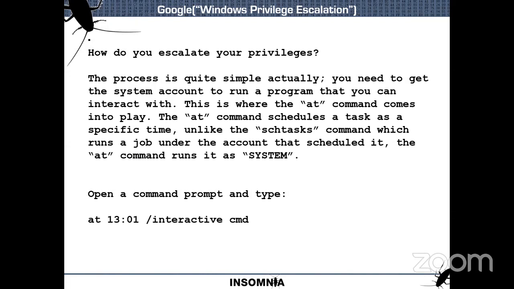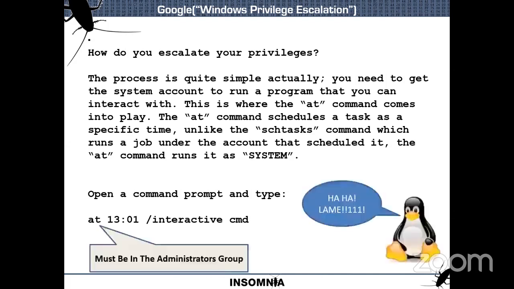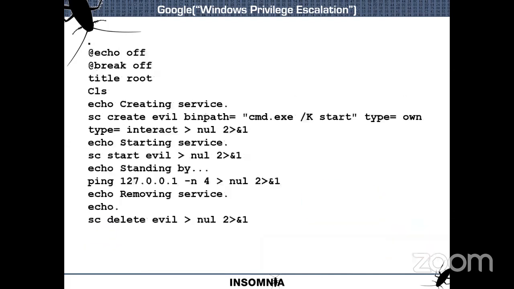So here you see, open a command prompt and type at 13, so the time and interactive command. It must be the administrator group. After that, go to another slide. It's a batch script.